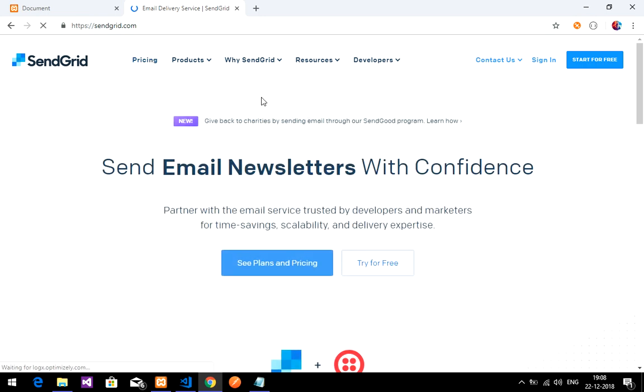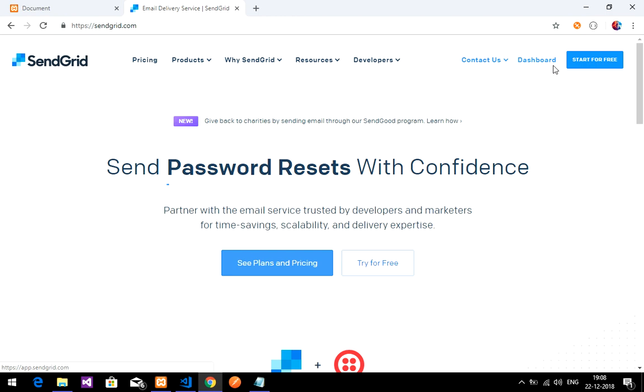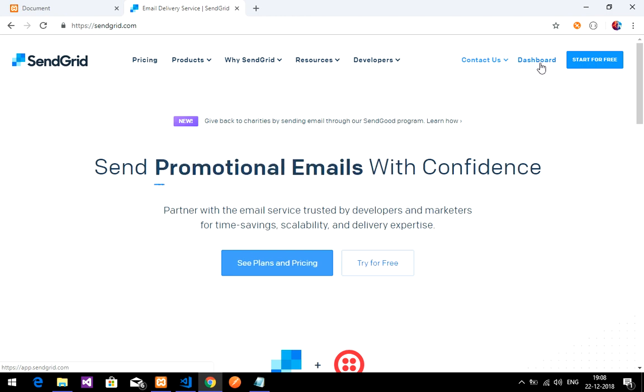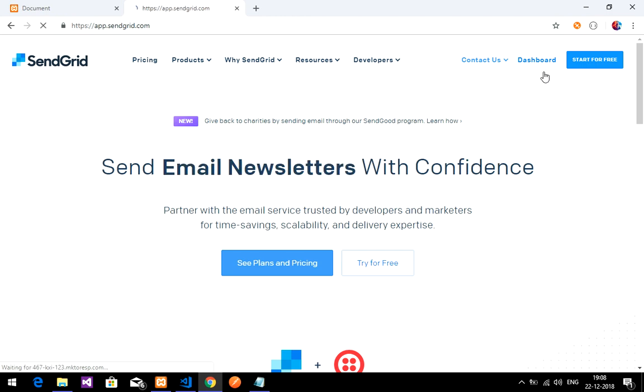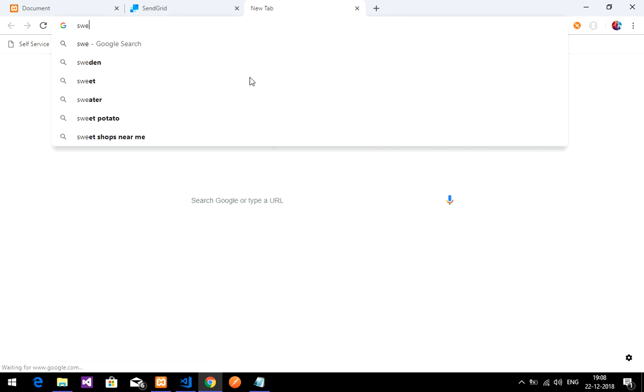Okay, so this is a sendgrid.com website. First we have to sign up. Okay, I have already signed up with one ID and logged in, so it is showing now dashboard for me. So if I click dashboard, I will go to my main page, okay, of my ID. So here after you have to log in first. Okay, then we'll open it once again,